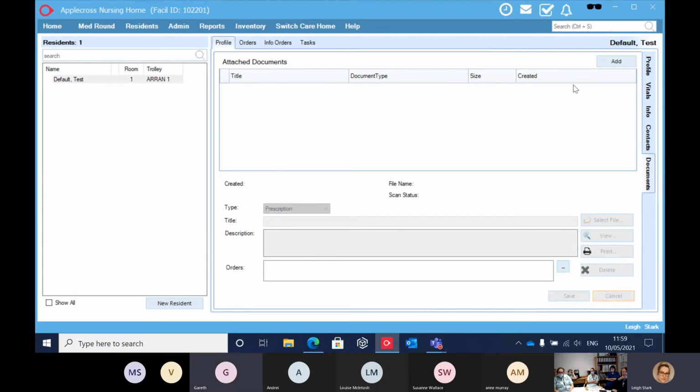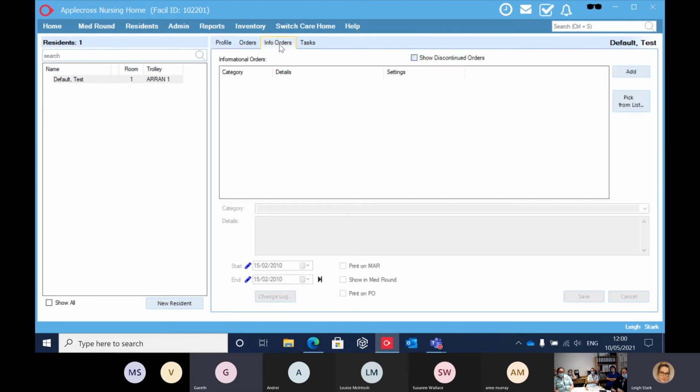Okay, Lee, is that where we would put the PRN protocols? No. So your PRN protocols will come under... can you see where my cursor is? We're currently in profile. Orders we're not going to worry about today because we'll come to that when we add on medication, but info orders is where you're going to put your PRN protocols. So if I click on that,